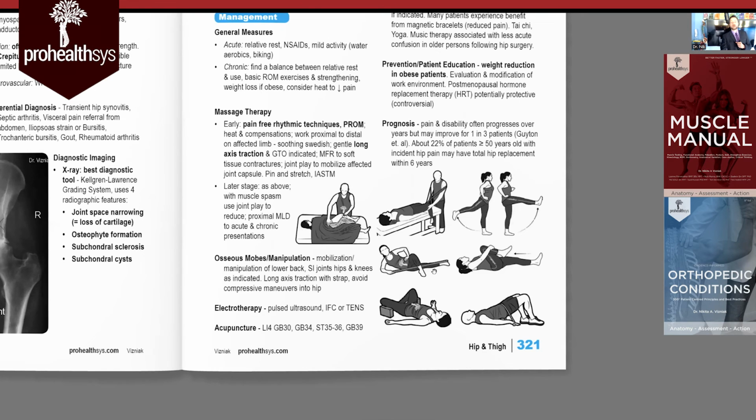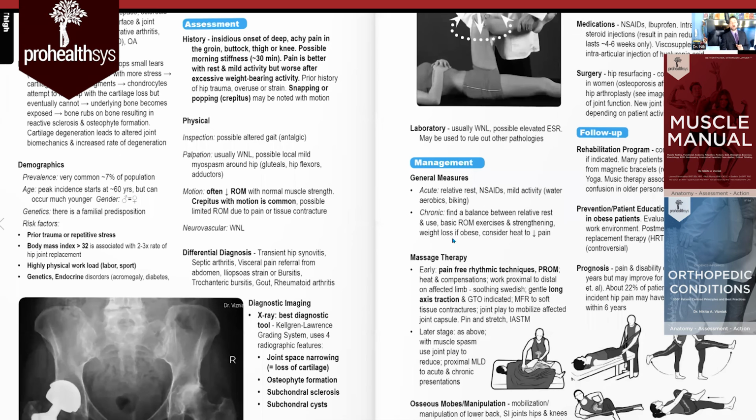Other ones, you can use a dowel rod where you lift up the inside of the leg, just simple stretches like this. Even hip thrusters are not a bad idea for glute and hamstring strength. Rather than a squat, this is a nice way to do an unloaded lift that'll actually develop relatively the same muscles. And even just simple yoga poses where people are stretching out, just laying down, and you can see the yoga blocks here underneath the knees to give that extra little bit of support. Now, we'll put up another one that shows a bunch of other hip-specific exercises, but just some ideas to entail for that patient on hip